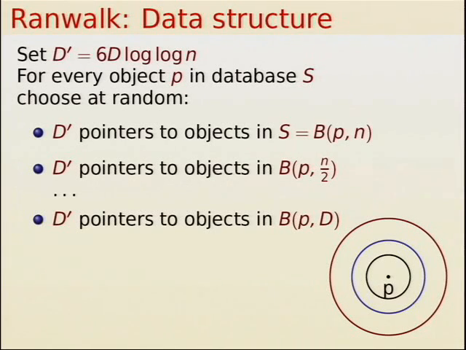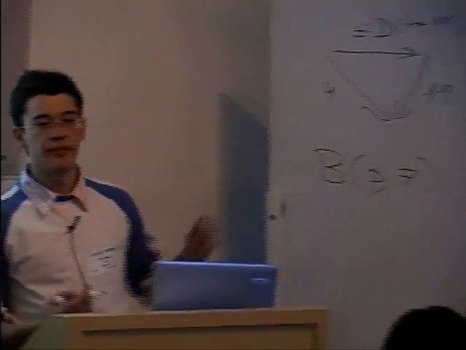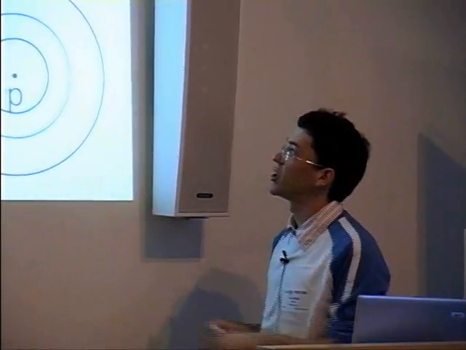Here it is a combinatorial ball. It means that if it is p n half, it means the n half most similar objects to p. So I do not define explicitly the radius. I just say that if I write p7, that means the 7 closest objects to p. So I write or have in imagination these balls,